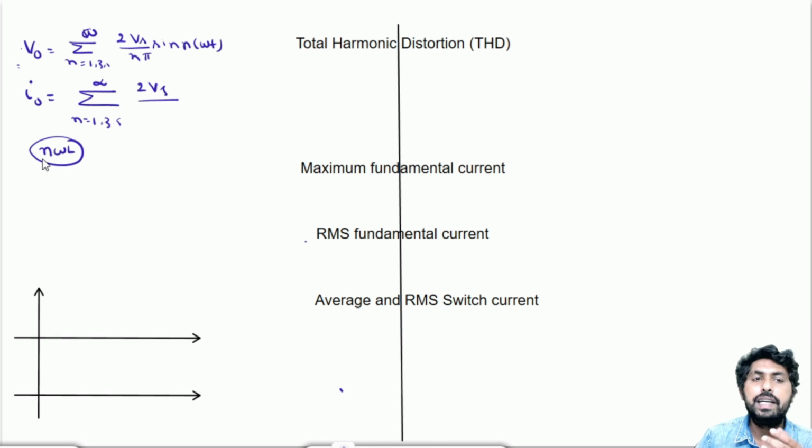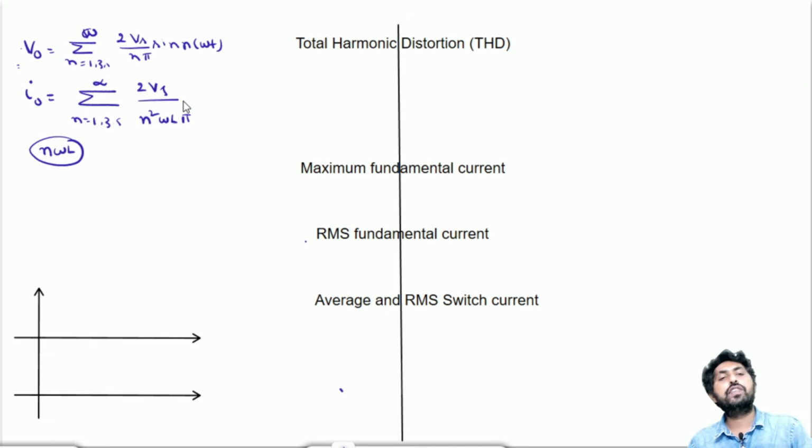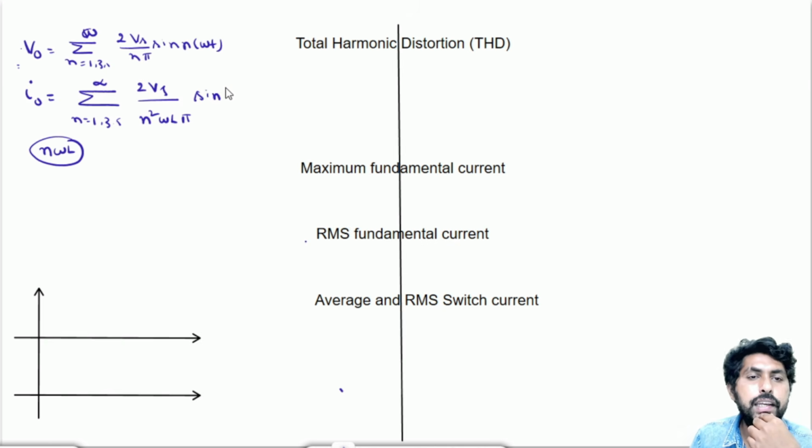We need to divide it by n omega L, because inductance depends on frequency. When it is the fundamental, it will be omega L. When it is the third harmonic, it will be 3 times omega L. So it will be n omega L into n pi, so that is n square into omega L pi. N square into omega L pi into sine n omega t